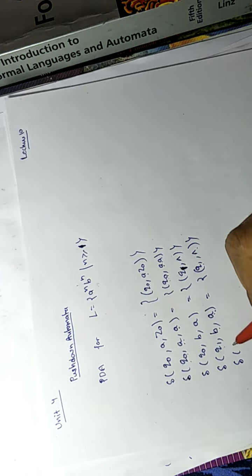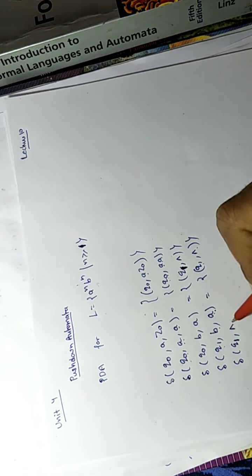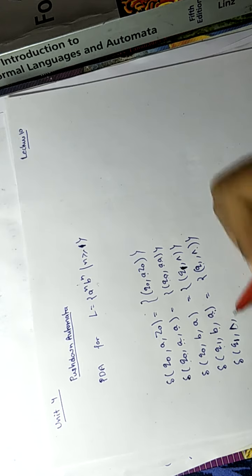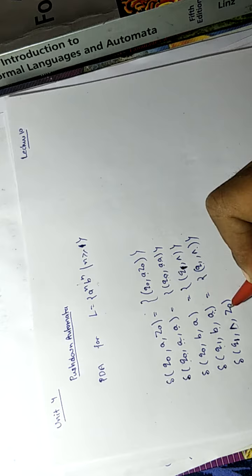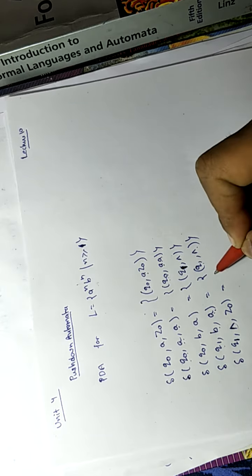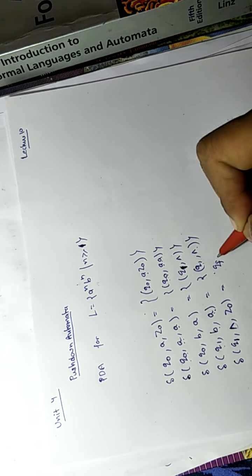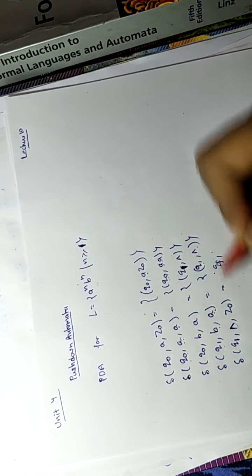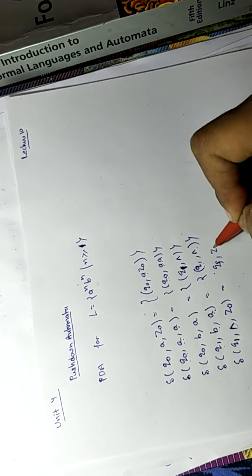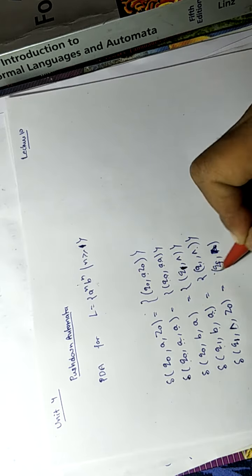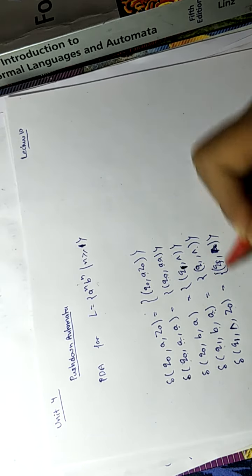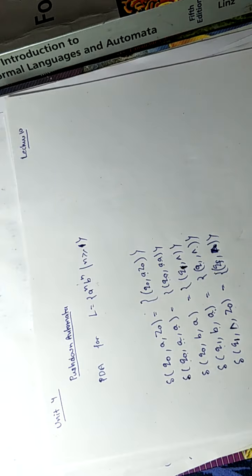At the end of the b's, we will reach the end of the input, that is epsilon. Then z0 will be at the top, and at this time we reach the final state, say qf, and we can remove that z0 also from the stack, or we can leave this z0 in the stack. It doesn't matter at the end.